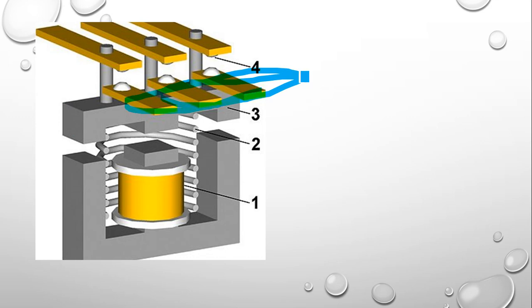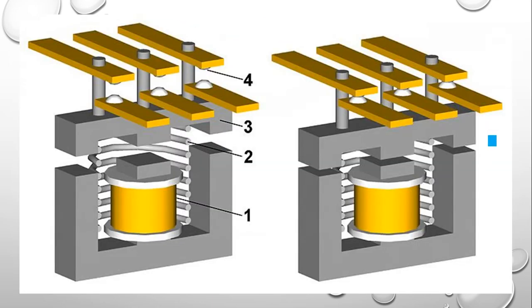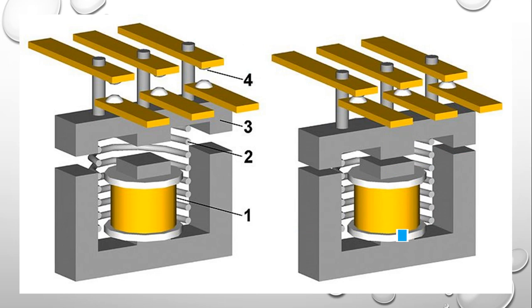These are fixed power contacts, and at the upper part, number 4, you'll be able to see the movable power contacts. When supply is given to the coil, what happens here? The previously open contact will now be closed, so the current can flow. This is what happens when the contactor is energized. The open contacts are now closed.